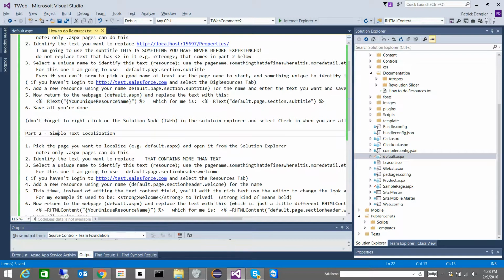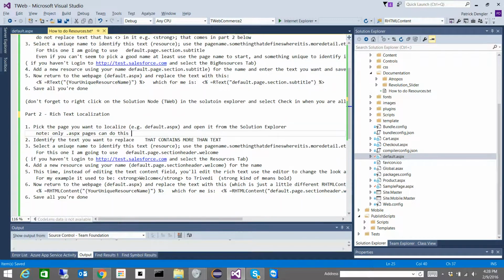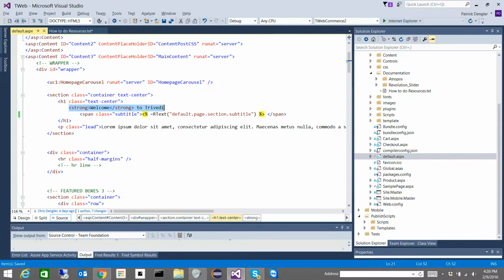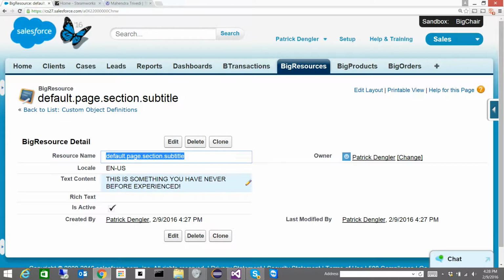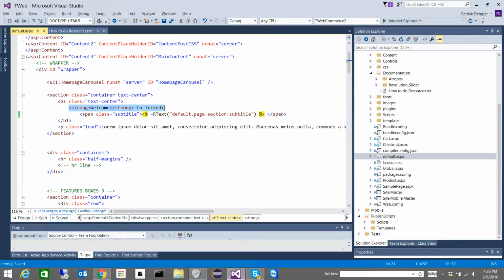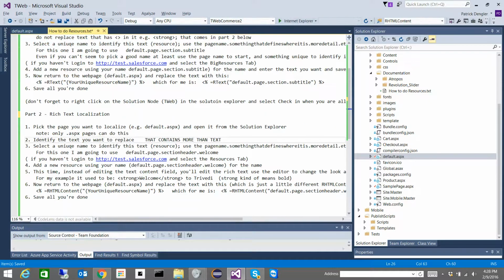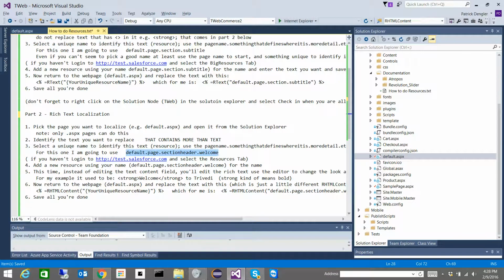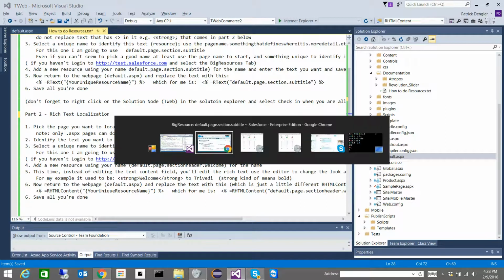This is a rich text localization, so it's the same thing. Let's pick the page, identify the thing you want to replace that contains more than text, right? And so I'm going to replace this strong, welcome strong, and I'm going to call it default page section header welcome. That makes sense? Yeah, okay. So that's the name of my resource. So I go back,